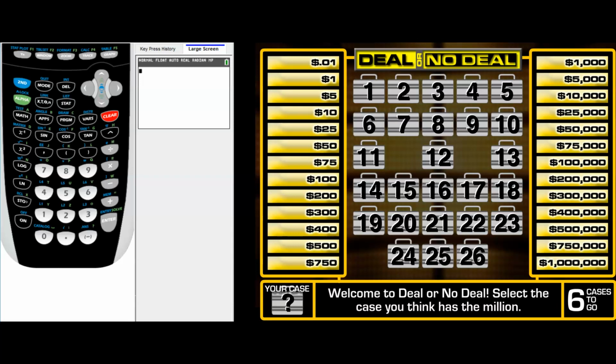And those are some big concepts that you'll see in this module that could potentially frame your thinking in an environment like this. So before we get started and before I select my case, let's observe that half of the cases are pretty small, right? Half of the cases go from a penny up to $750, and then the other half of the cases are $1,000 up to $1 million.